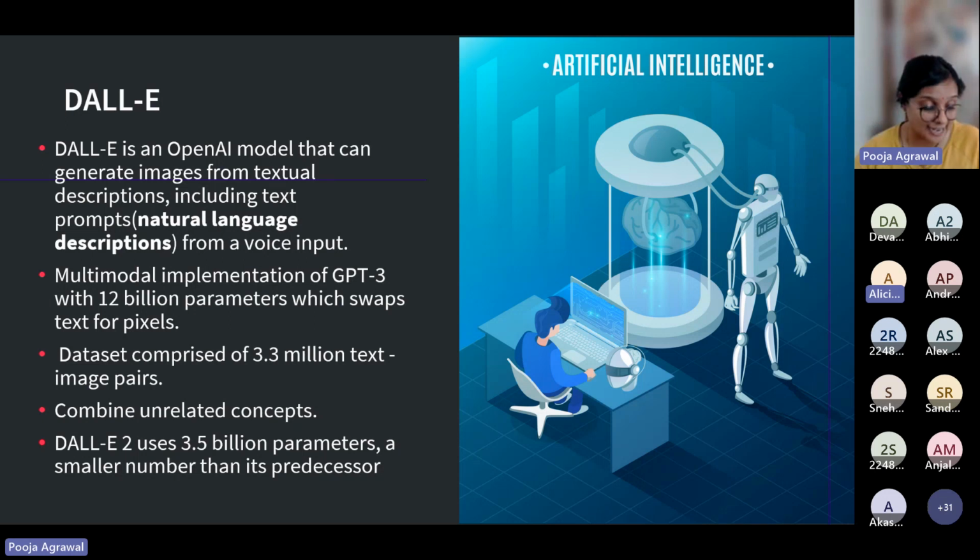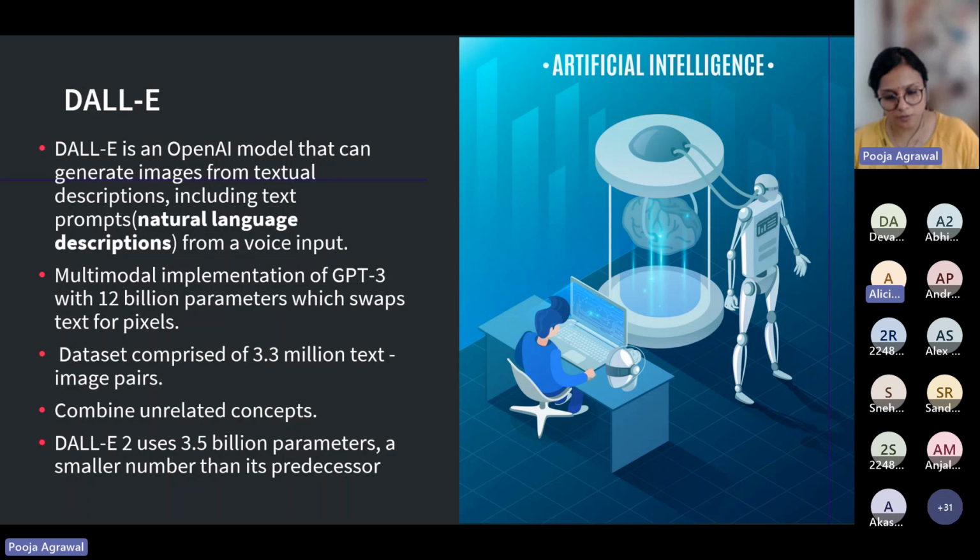And then the second, DALL-E 2 version, which we are using for our current model, came down from 12 billion to 3.5 billion parameters. And that helped in enhancing the efficiency of the model overall. So slowly, we are able to get a better response. But yes, if you talk about Midjourney and similar tools, those are complete premium versions where we'll have to pay for the service and then we can actually create more interesting images from text.